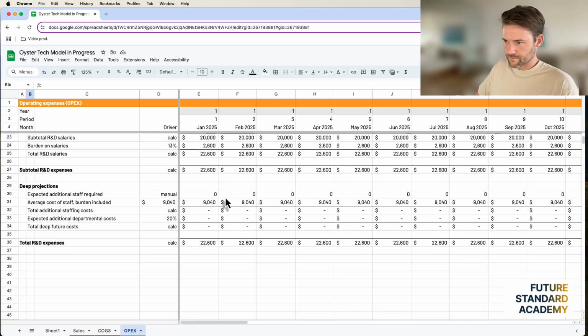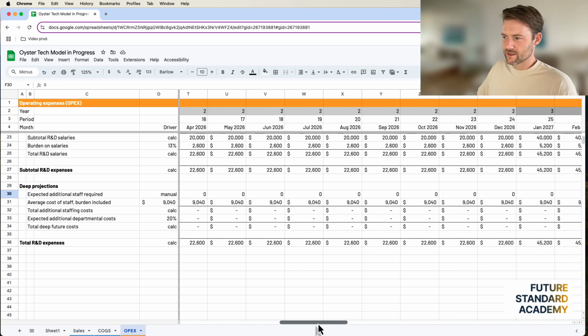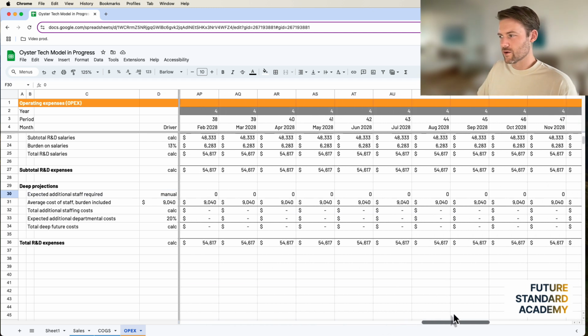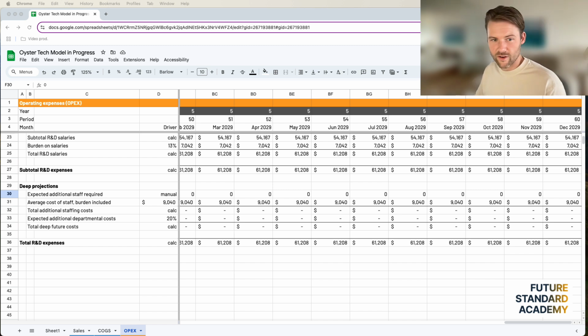Subtotal that. And then what we're going to do is say, this is a bit of artistic work here. I was going to say black magic, but maybe I just should. Expected additional staff required. So this is saying, okay, look, we don't really know yet, but we think somewhere in the future there might be. And in fact, I didn't add any more for the R&D team. So I must have come to the conclusion myself that this is a good enough R&D team.